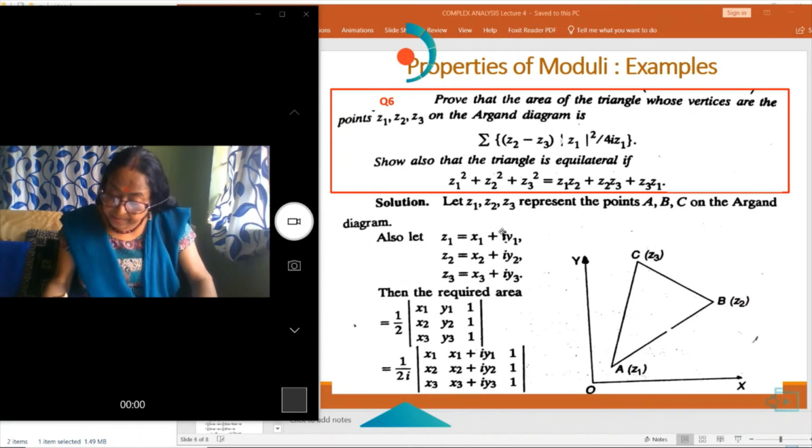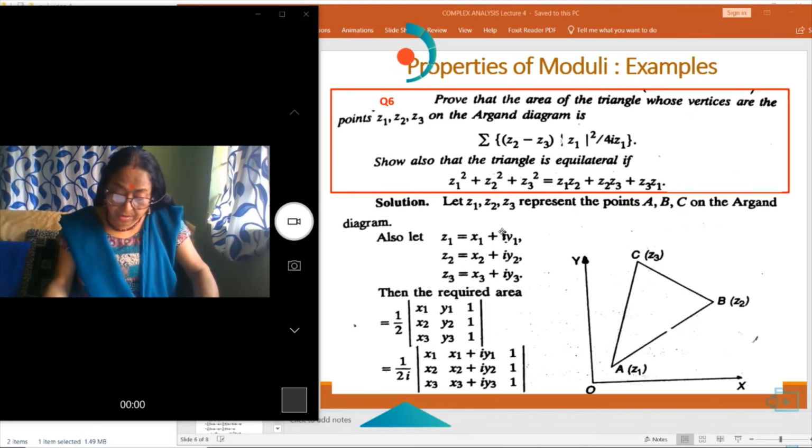Now the solution. Let Z1, Z2, Z3 represent the points A, B, C on the Argand diagram, and let Z1 is equal to x1 plus iy1, Z2 is equal to x2 plus iy2, and Z3 equal to x3 plus iy3. The area of a triangle can be represented in matrix form, that is equal to half times the determinant of x1 y1 1, x2 y2 1, and x3 y3 1. And if we